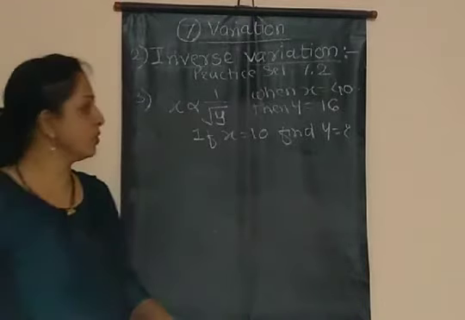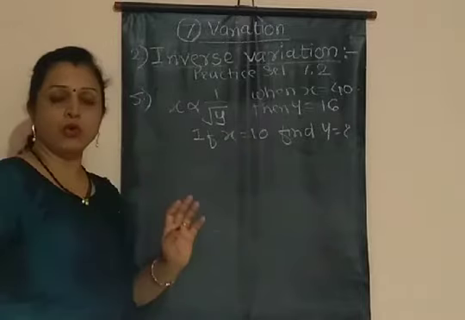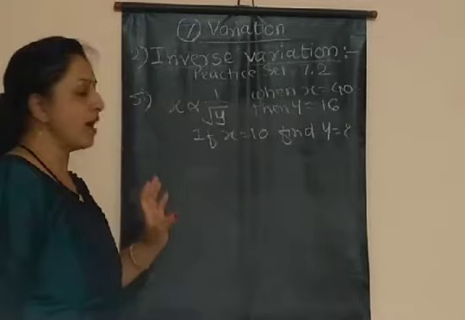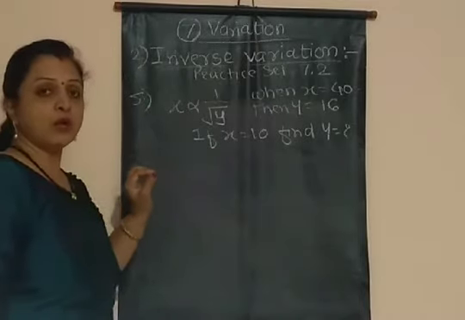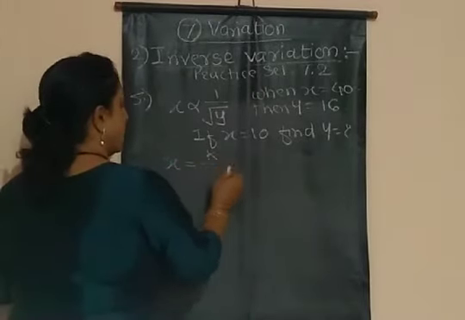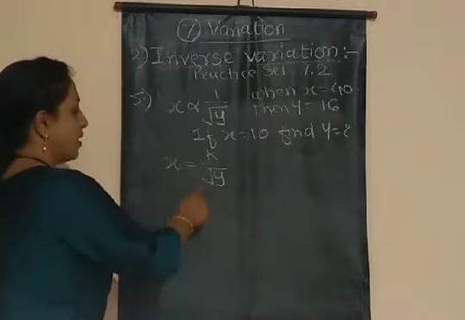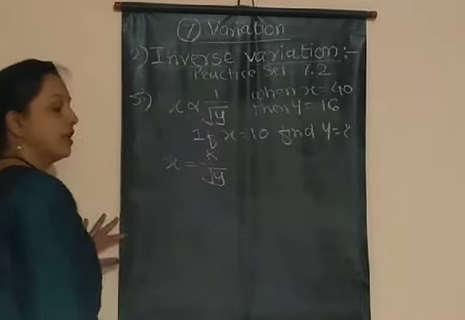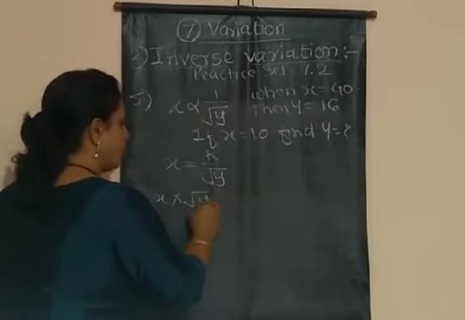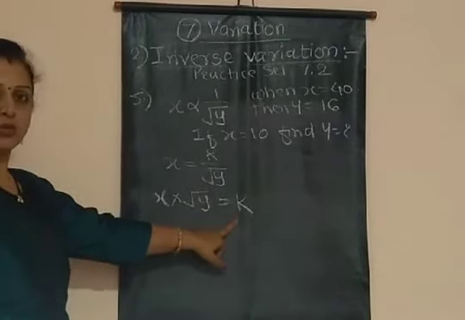Okay, so let's see how to solve this numerical. This is question number 5 from that practice set. Question number 4 you can solve as homework. So x is inversely proportional to under root y. In that case, we have to put some constant. So how to write this equation? x is equal to k upon under root y. We put this k as a constant of variation. And now bring this under root y on this side, we get the value of k. So we can write x multiplied by under root y is equal to k.